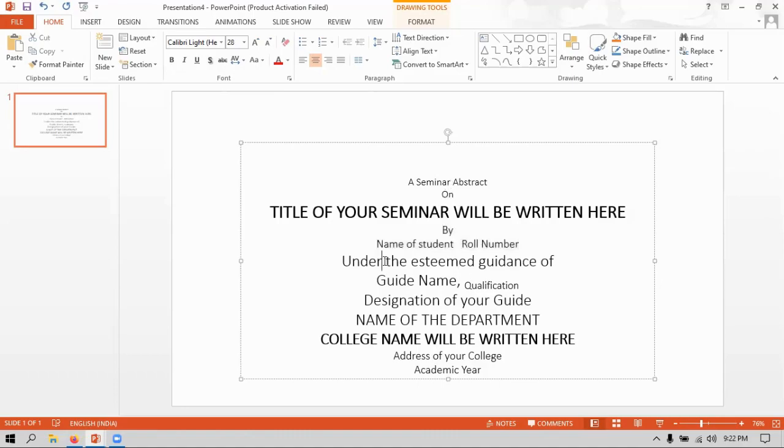Now in the 5th line, I have roll number and name, which was adjusted with a font size of 20.